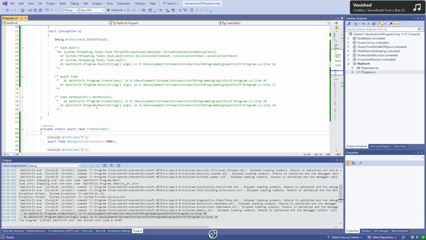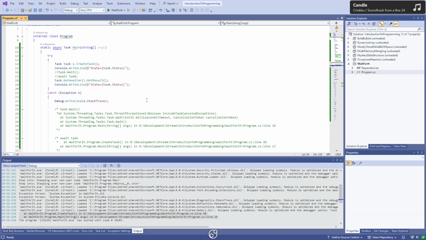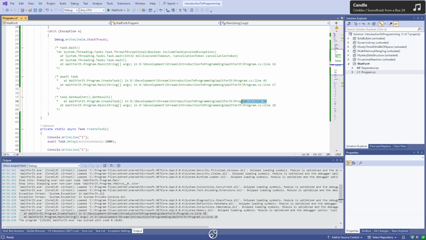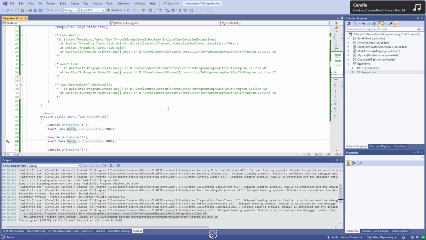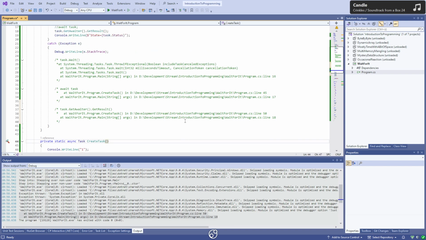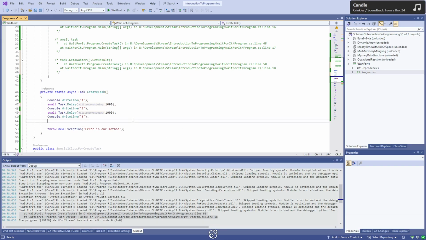And if we use task GetAwaiter.GetResult, we still get the lowest line, line 18, and we get line 50 in our code. The lines aren't exactly the best, but the important part is